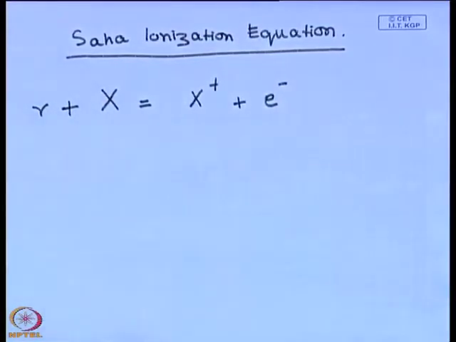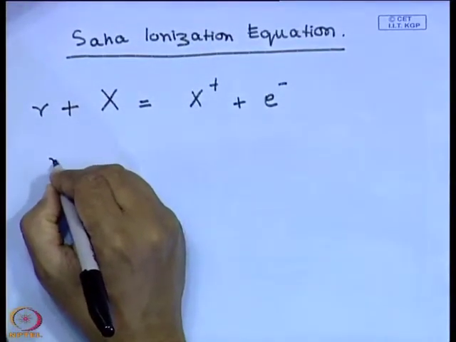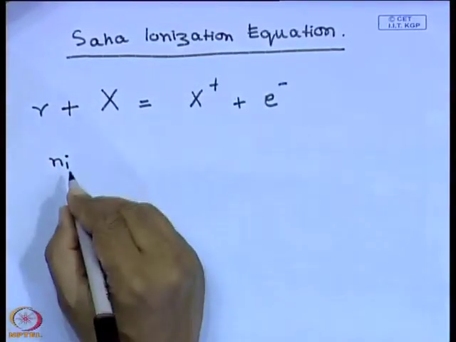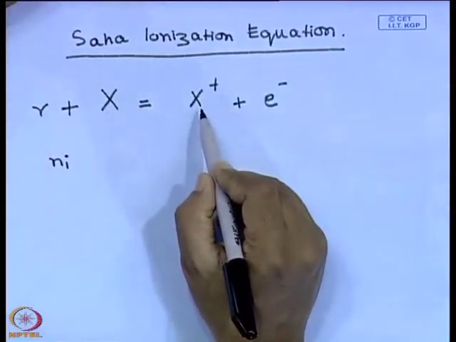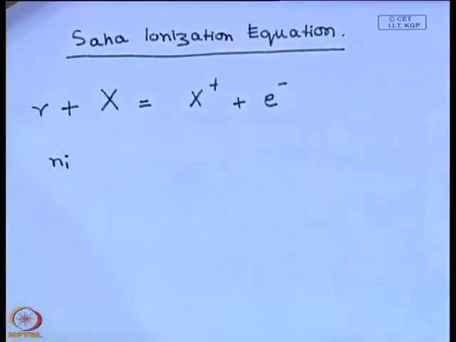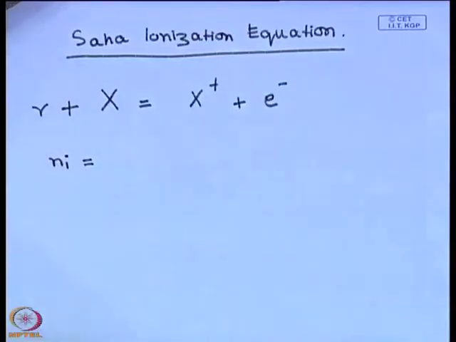Okay. So, we know that at sufficiently high temperatures, in thermal equilibrium, the number density of any species N_i, where i here could refer to the atom X or the ion X plus or the electron, not the photon. So, in thermal equilibrium, the number density is given by the Maxwell-Boltzmann distribution, and the